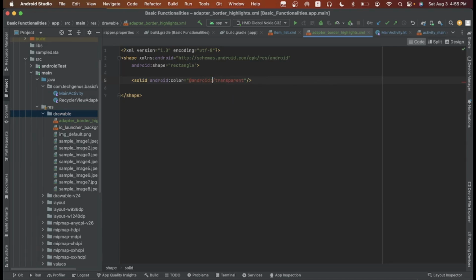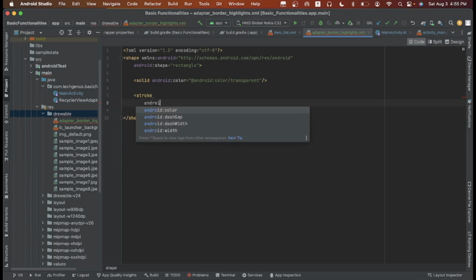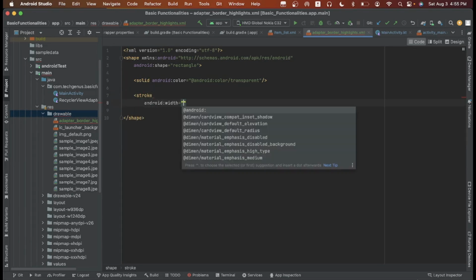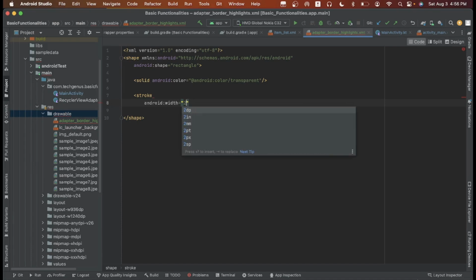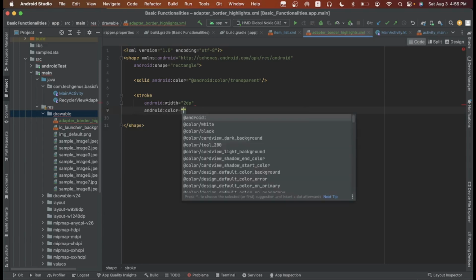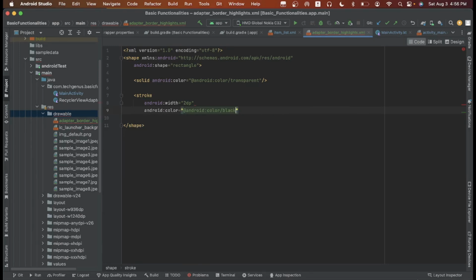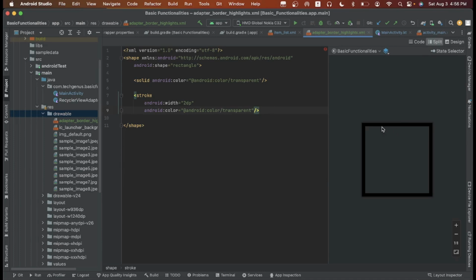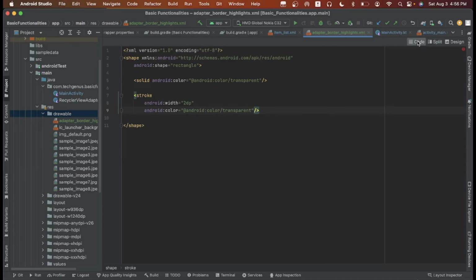Sorry, let's continue. Of course, we need to stroke this, the border, with android color also transparent. So that's it for this view.